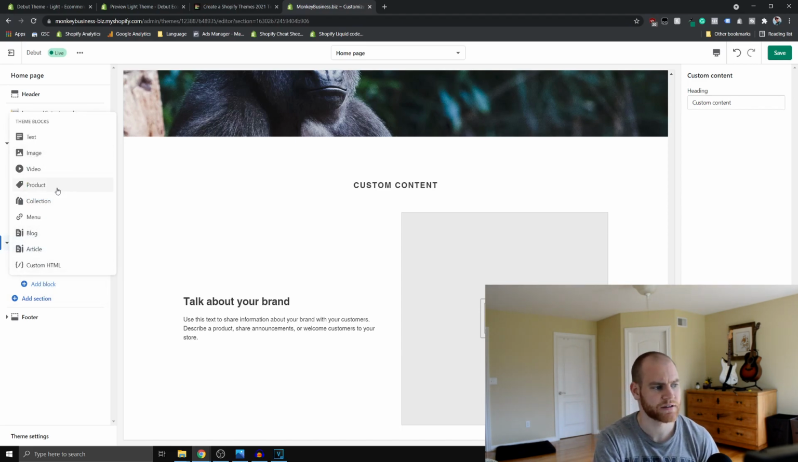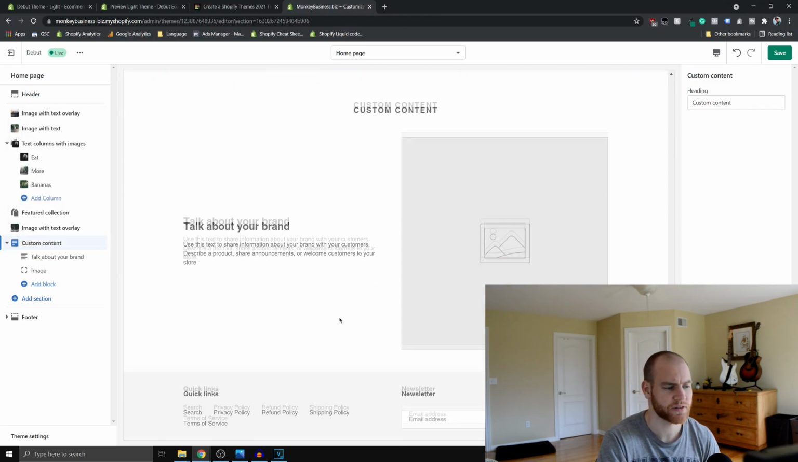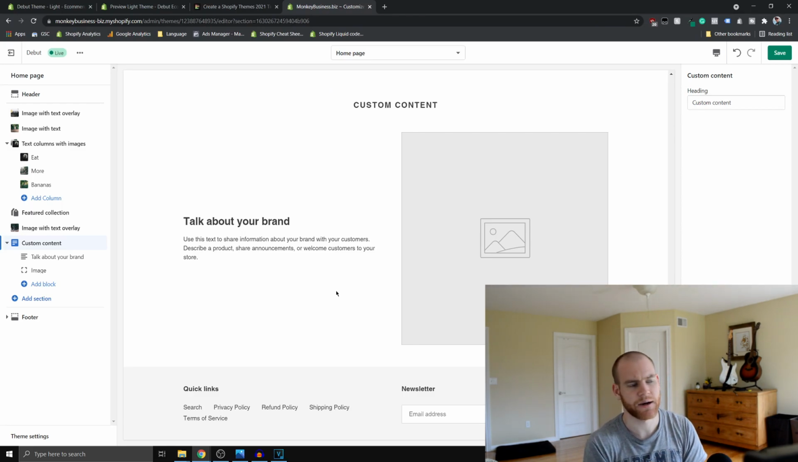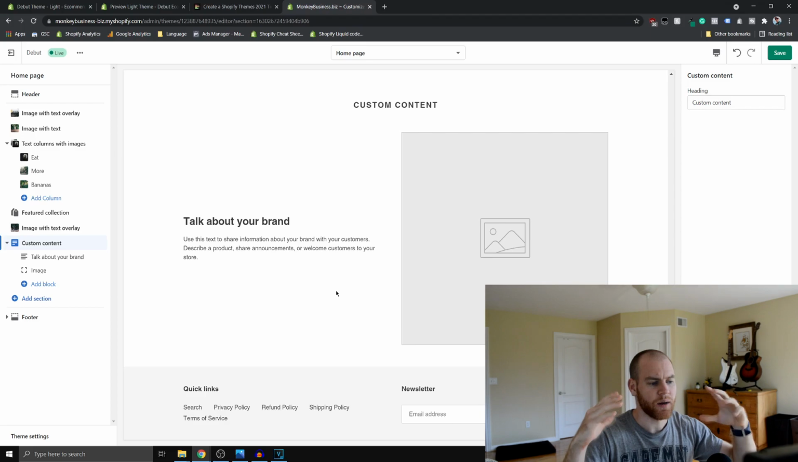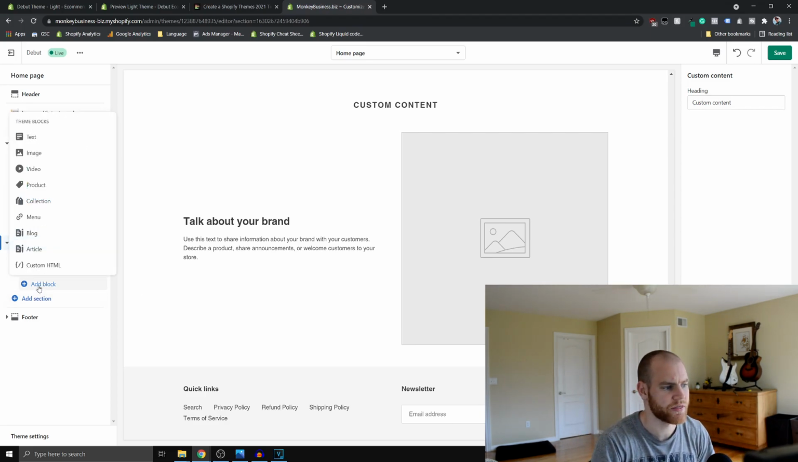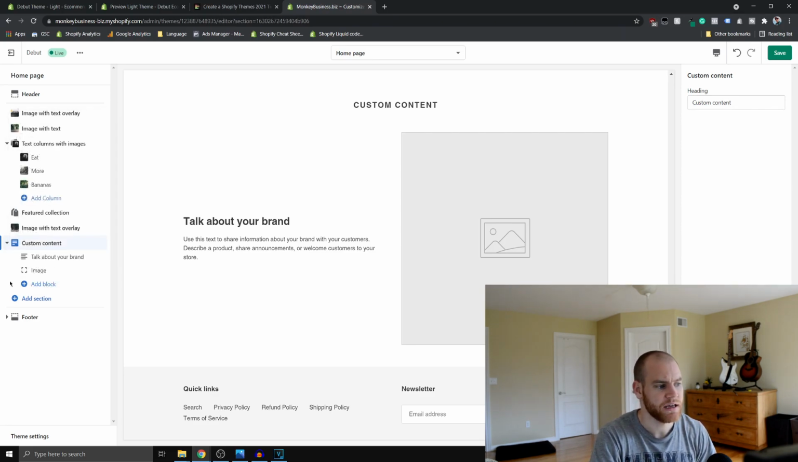You could add a product, collection, menu, blog, article, custom HTML. And so Debut, I think more than a lot of the other themes, this custom content section is useful because you can basically build out the page in the way that you want it to appear much more easily than a lot of the other themes because there's so many different types of blocks. And it also has a custom HTML block in the custom content block, which is nice because you can literally be like, okay, this section here, I want this to